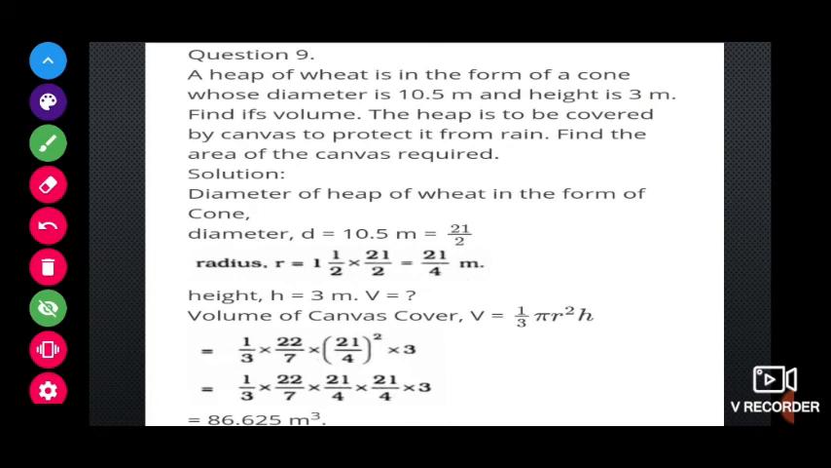So 1 by 3 into 22 by 7 into 21 by 4 whole square means 21 by 4 into 21 by 4. Here this 3, this 3. 7 ones are 7, 7 threes are 21. And here the remaining is 22 into 3 into 21 in the numerator. Denominator 4 fours are 16. If we do long division, we will get 86.625 meter cube. Next,